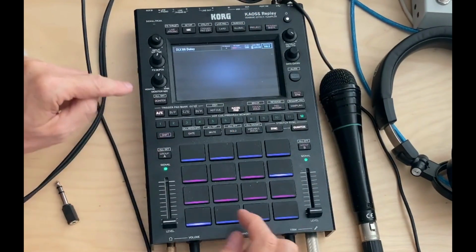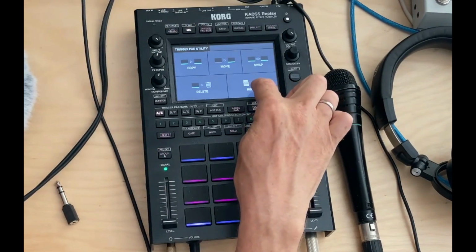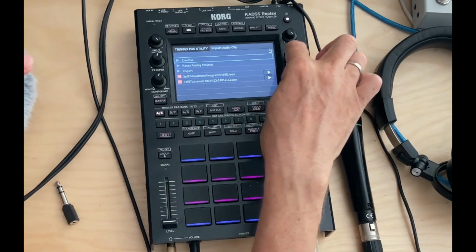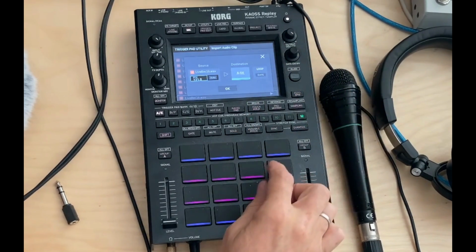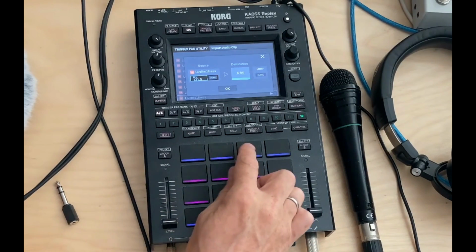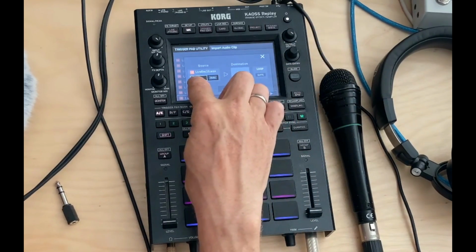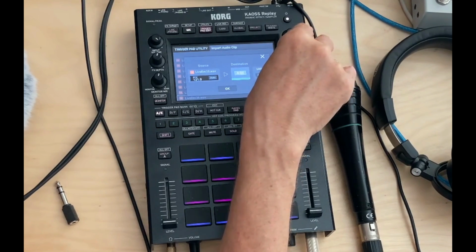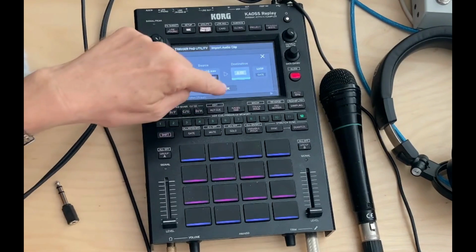and go into a dialog via Shift Utility. Go to Import and then select my latest live recording and import it to a pad, for example pad number 4, which is 1, 2, 3, 4, or let's take number 2 now. We can set the tempo, but I don't do it now because I can always change it later and I have not taken care of this at the moment. So I choose this and set OK,